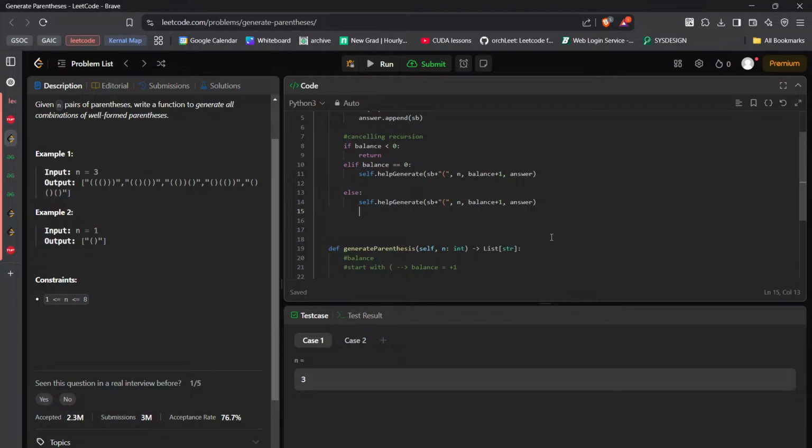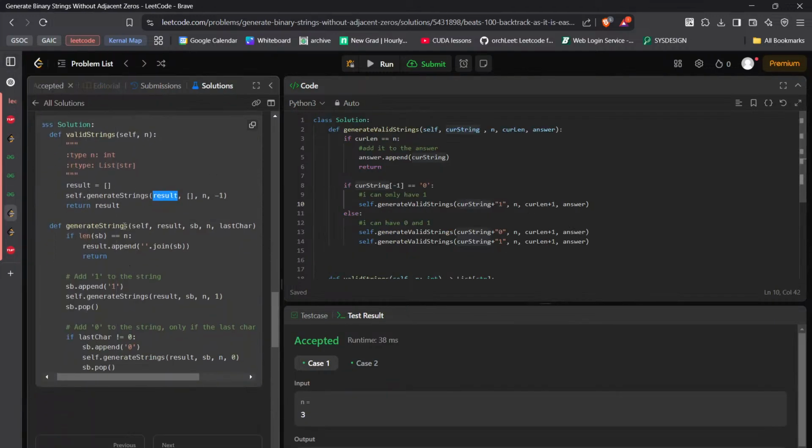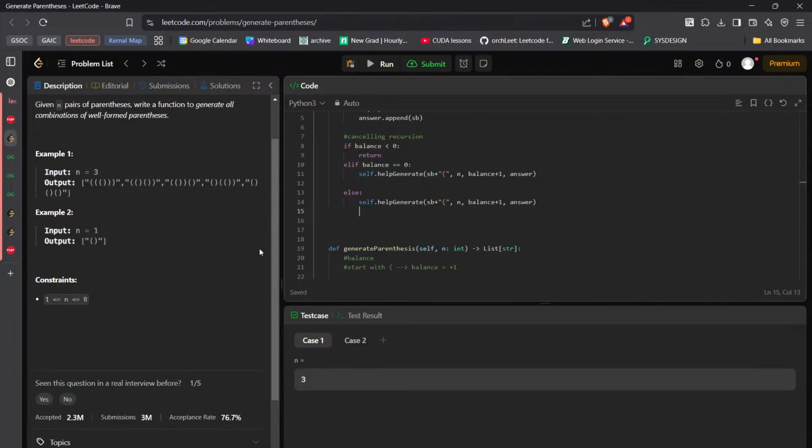Wait a minute, why did he use the pop function then? Go back to the previous question and see how he did it. So he is appending the string builder to this one, then generating strings and then popping. Okay, so instead of directly appending,